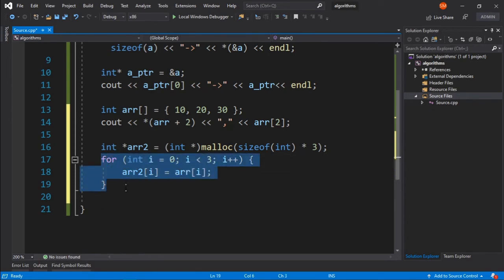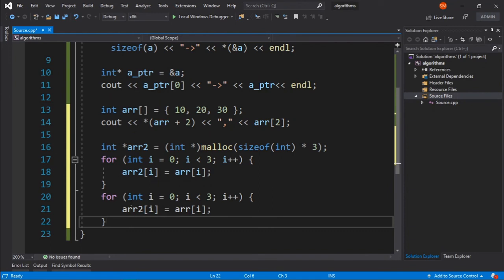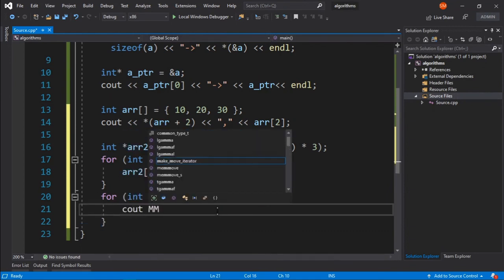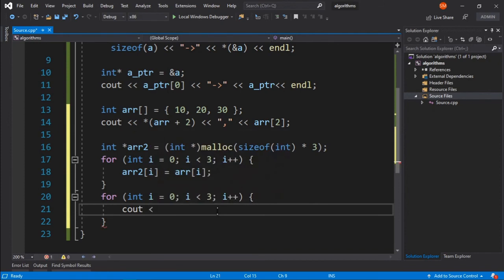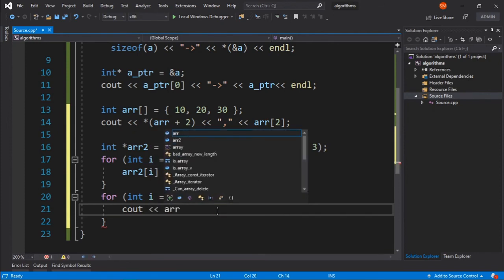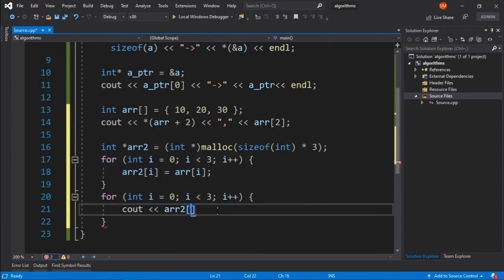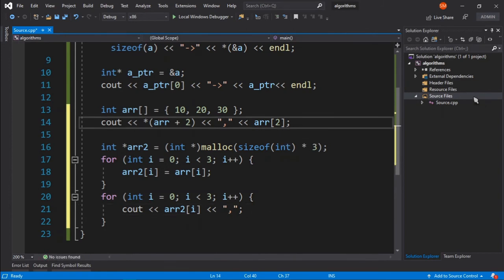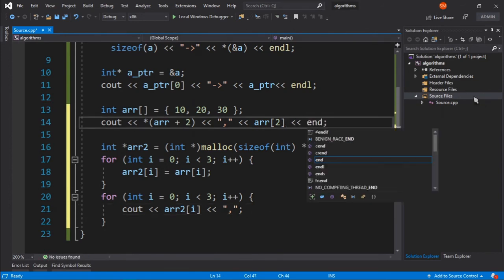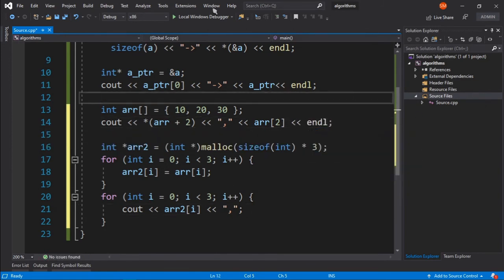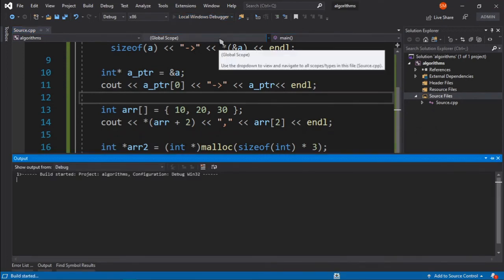I will run this loop once more and use cout to print array2[i], then a comma. And here I also need to put an endl to get each value onto a new line. Now if I run this code,